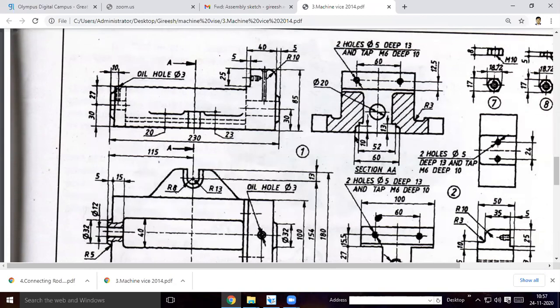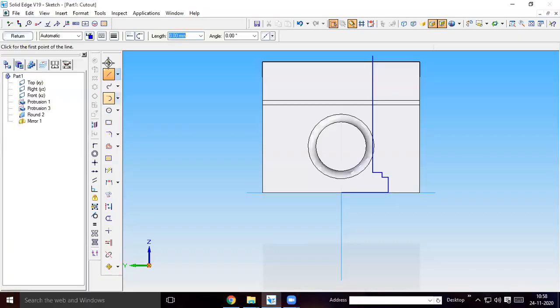So this is 60, I have taken half of the distance, 30. This length will be 10: 30 at 0, 10 at 90. The difference between these two widths will be 8. So 4 mm you take, then this will be 3 mm. This will be 52 minus 40, it will be 12, and on one side it will be 6 mm. Then extend the line. Okay, you can see this. So you see here 30 mm, then 10 mm, then 4 mm, then this will be 3 mm, this will be 6 mm.